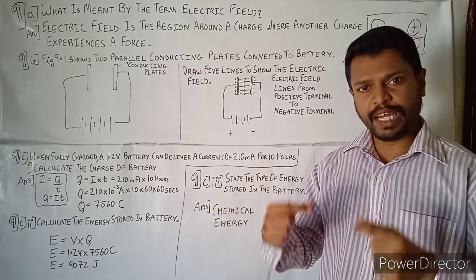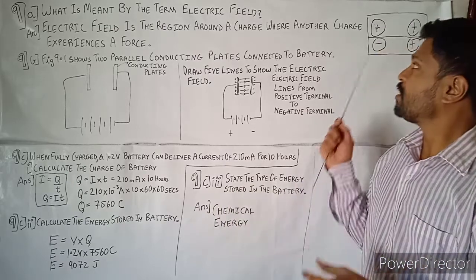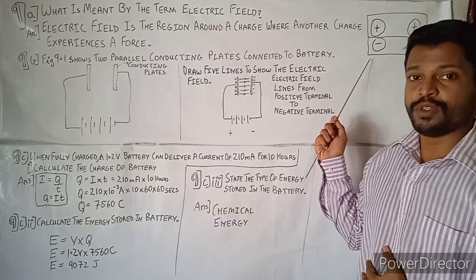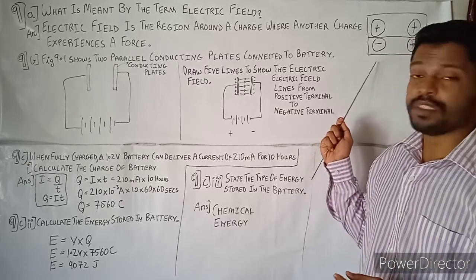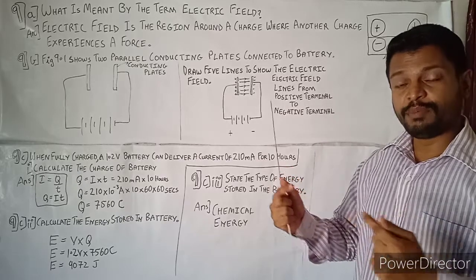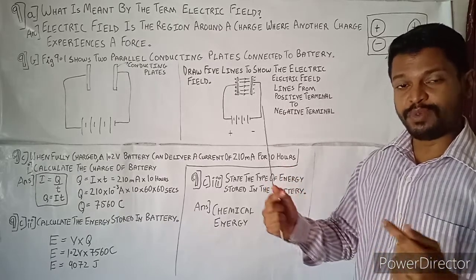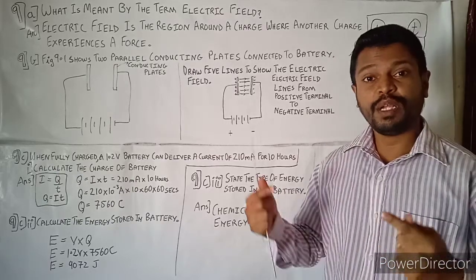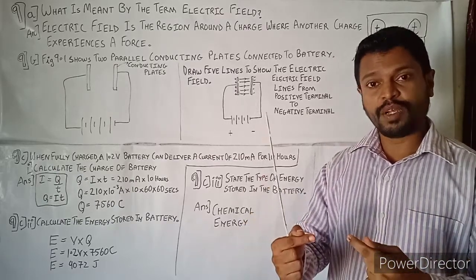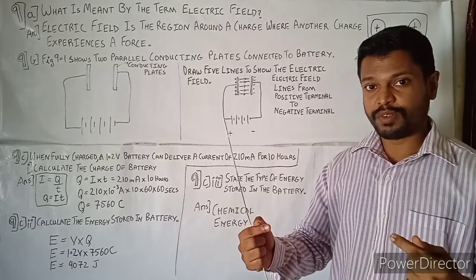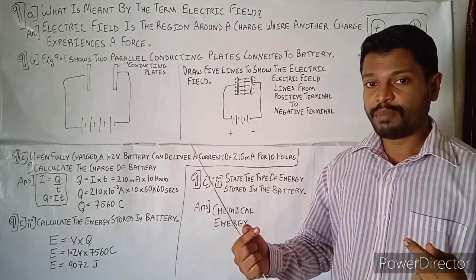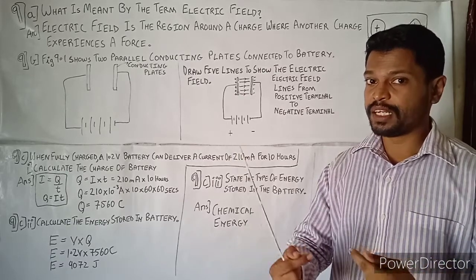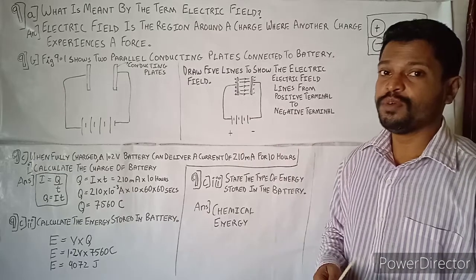So similarly in electric field, you can see there are 2 point charges, one is positive, one is negative. So you are already aware, if this is a point charge, then there will be an electric field generated between these 2 point charges. And when the point charges are similar, for example plus charge is brought together to a plus charge, what will happen? There will be a repulsive force. And when minus charge is brought to a minus point charge, what will happen? There will be an electric field. So that electric field we have to specify.